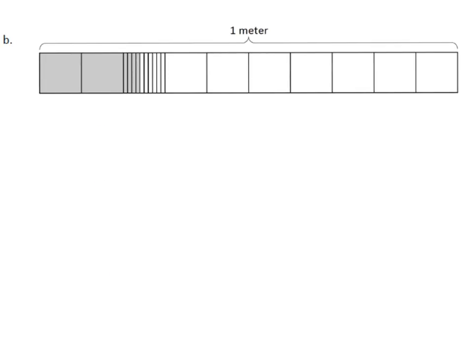Look at letter B with number 3. Look at what is shaded. Write down the decimal. Pause the video and replay when you are ready. I see that there are 2 squares shaded in, so that means that there are 2 tenths. There are 4 bars or hundredths shaded in. So that means that there are 4 hundredths, and my decimal is